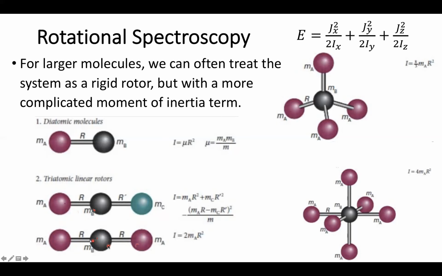Now things get a little bit more messy if atoms A and C, my two end atoms, let's call them A and C, are different. Because under this context, I don't know exactly where my center of mass lies. And the center of mass will end up moving depending on the ratio of these masses. So what we need to do is essentially, we'll start with the same idea that my moment of inertia is going to be related to the mass of both of my atoms times the respective distance from my central atom. But then I need to introduce a term that shifts the center of mass